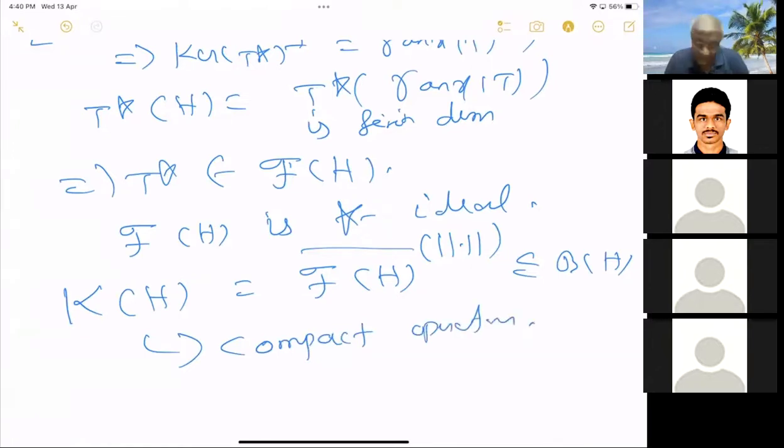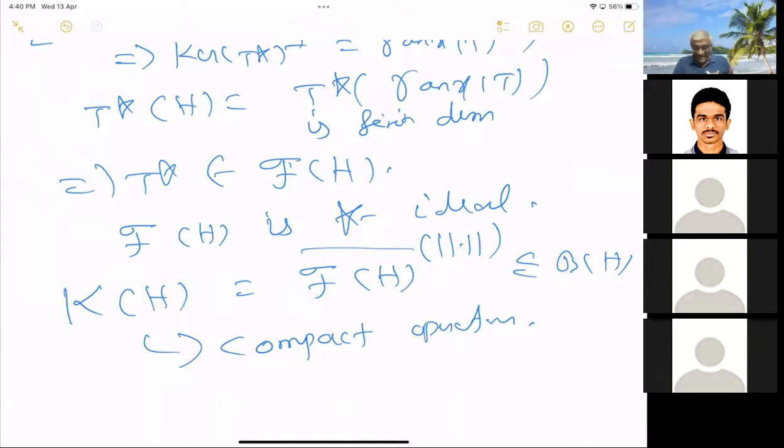Compact operators is just the norm closure of finite rank operators. That means there exists a sequence of finite rank operators converging to a compact operator. The point is, in finite dimensions, we have something called the spectral theorem, which says that any matrix can be diagonalized. I mean, not any matrix, any normal matrix can be diagonalized. So here, it should be true for any finite rank operator, and that is true for any compact operator